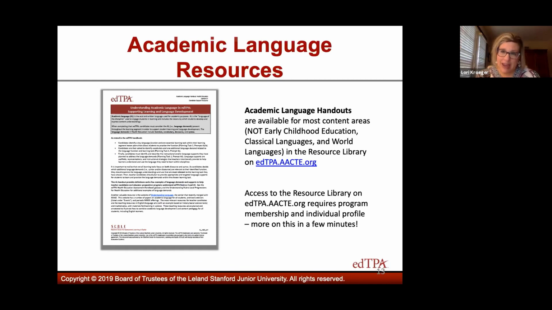Classical and world languages actually do not even have an overt analysis or evaluation of academic language. So those 2 rubrics that evaluate academic language are actually missing from the Classical and World Languages Handbook. And that's very intentional, because if you think about it, if I'm teaching a foreign language or a second or subsequent language to someone, everything I'm teaching is academic language, right?